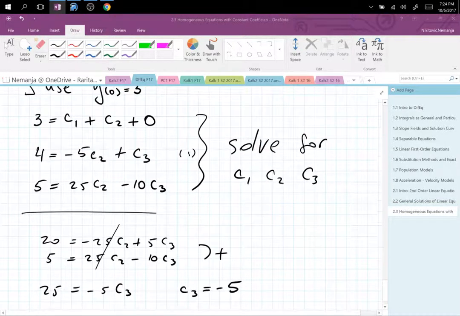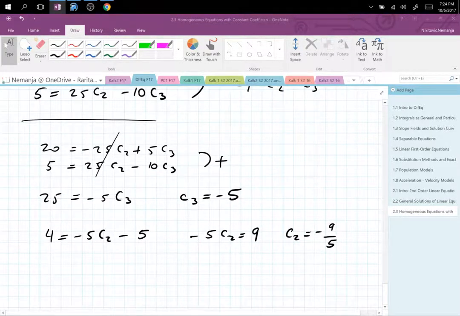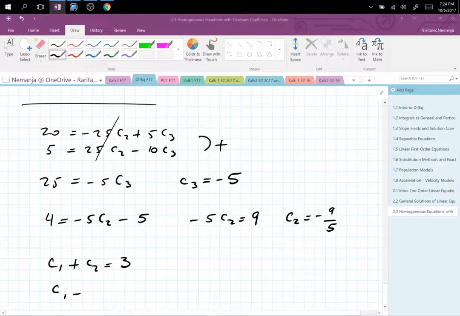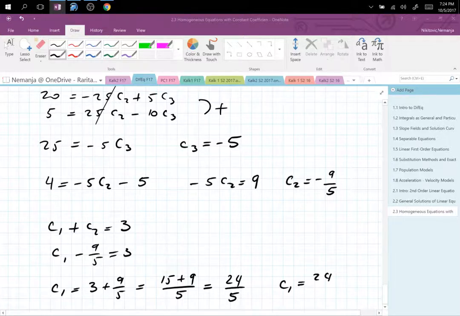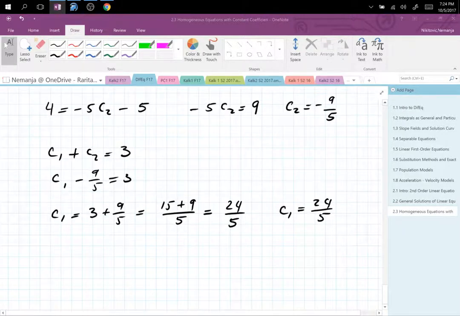Awesome. And the last equation, c1 plus c2 equals 3. Well, we know c2 is negative 9 over 5. So c1 is equal to 3 plus 9 over 5, which is 15 plus 9 over 5 on a common denominator, 24 over 5. And there's the c1. And now you plug everything in. So y of x is equal to c1, which is 24 over 5, plus c2, so it's minus 9 over 5,